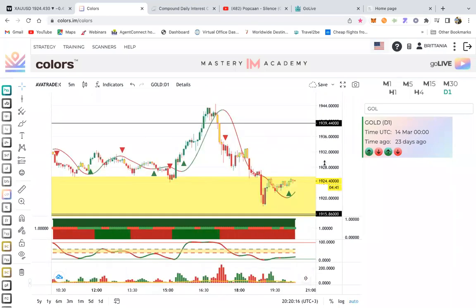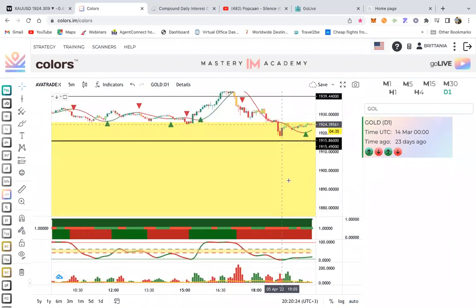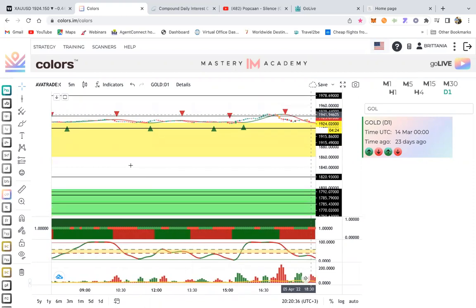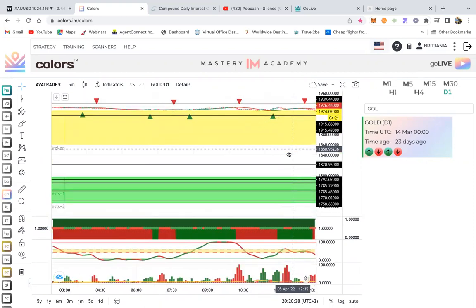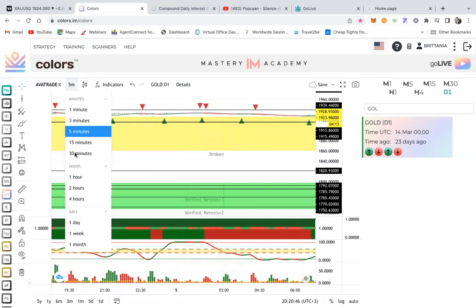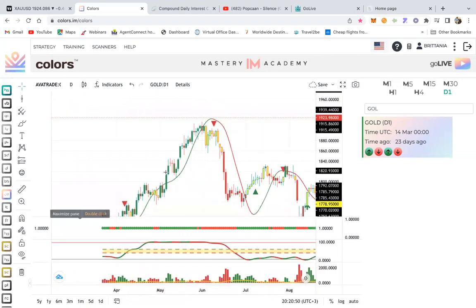So I'm going to go through the basics of how to use colors, guys. And when I say I keep it basic, I keep it very, very basic. Right? So welcome to you guys. Welcome to the colors gang, right? So let me see if I can find a good setup right here. All right, this is what we're looking for. Let me scoot over to here. All right, you know what? Let me go onto the day chart because this is going to be a little bit more drawn out right here. All right, boom. Since we normally start on the day chart, let me start there.